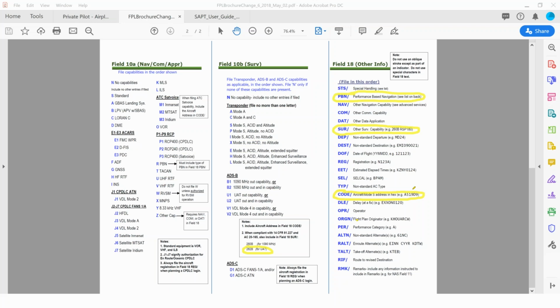So finally, we've reached a point where we've got all the modes and codes for our plane entered into an international flight plan. What I would suggest you do is, first off, if you use ForeFlight, and I'm sure Garmin Pilot does this too, but ForeFlight is what I'm a huge fan of. ForeFlight makes this really easy, and you only have to do it once. So sit down with an instructor.